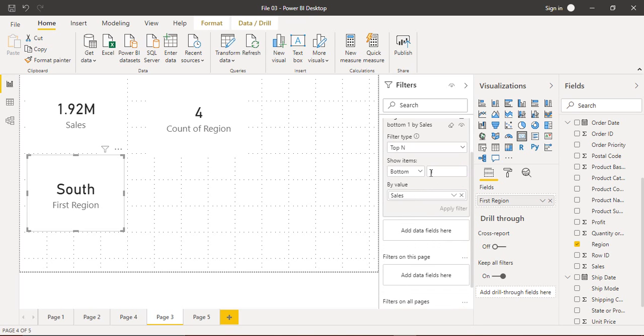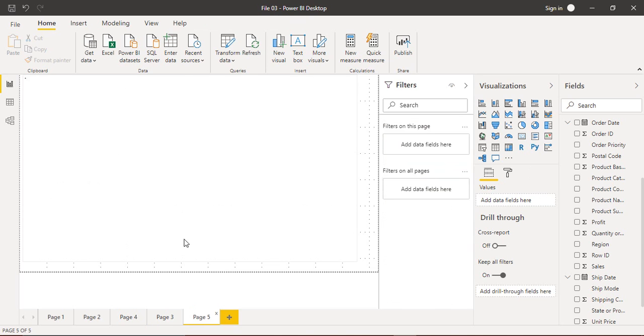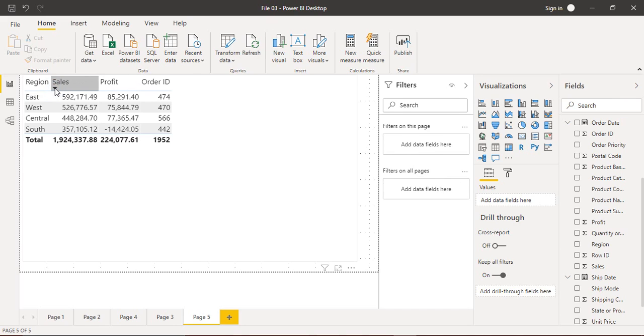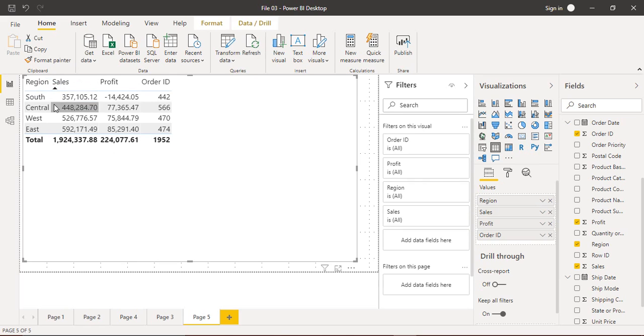Also, you can work with more than one value, but since the card is used to show only a single value, suppose you provide it with 3 and apply the filter, then there must be no change. See here, if we go with sales, the East region has got the maximum number of sales, right?